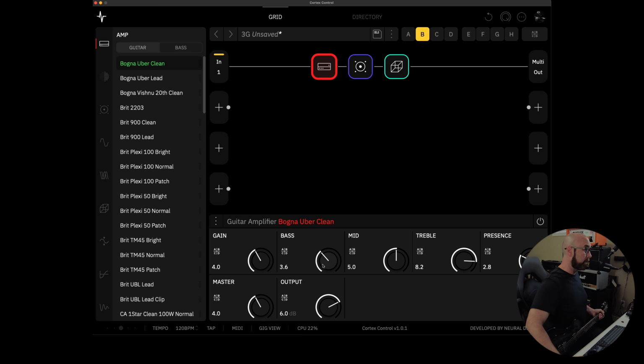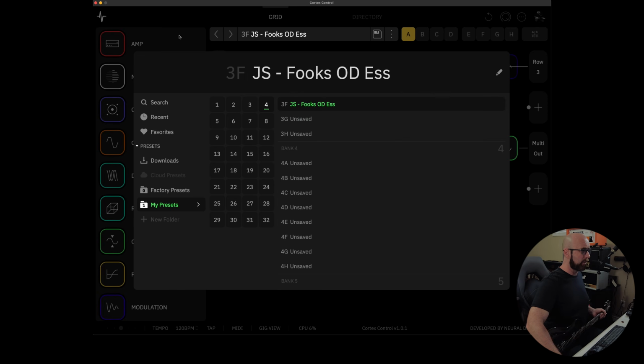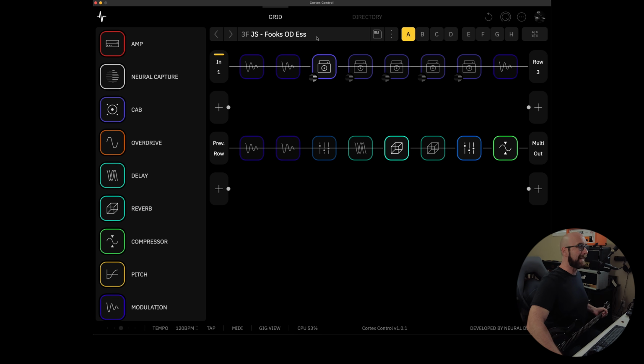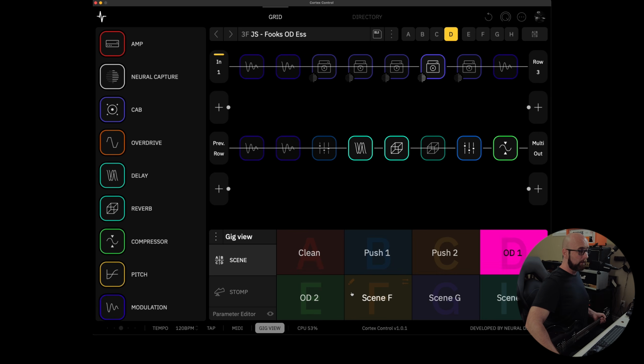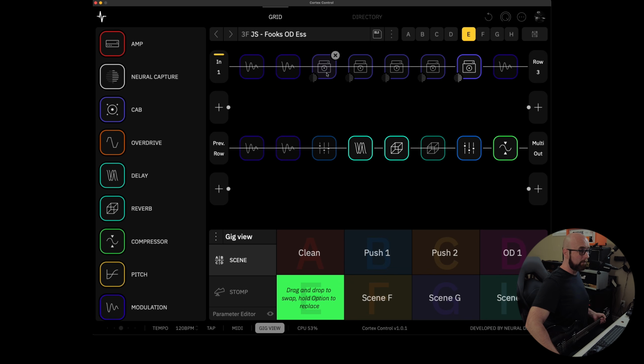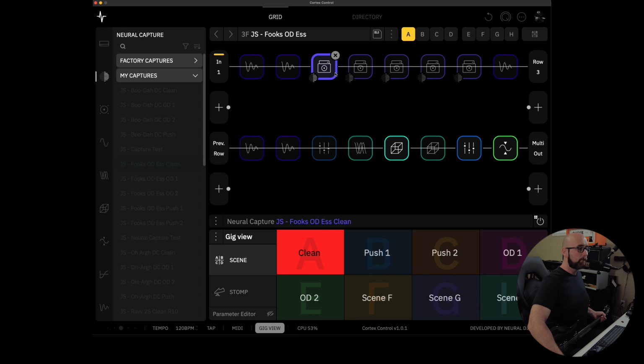Now, how do I utilize this within some of my presets? Well, let me show you this latest release that I have, which is the Fooks OD-Ess. Now, this is based off of a series of, as I mentioned, neural captures that I did of my incredible Fooks OD-Ess classic amp. And you'll notice here, if I go to gig view, I have clean, push 1, push 2, OD1, OD2. And as I go through these, you'll notice that it switches between the bypass state of the neural capture. So you'll notice I've assigned the power button or the bypass button of each neural capture to scenes,